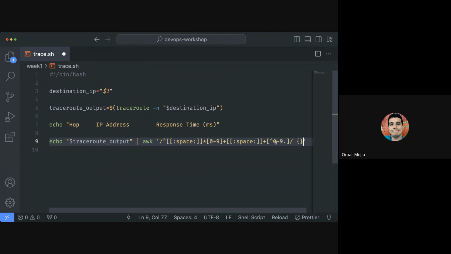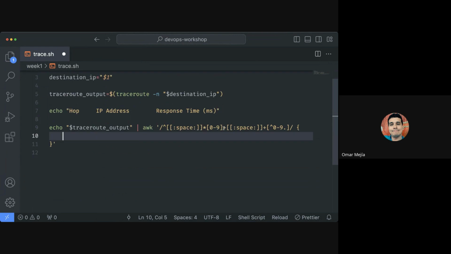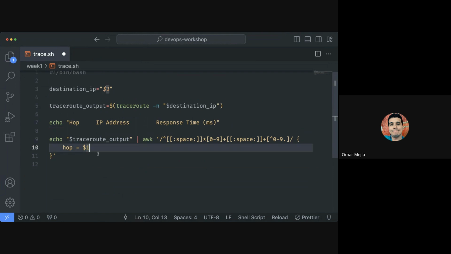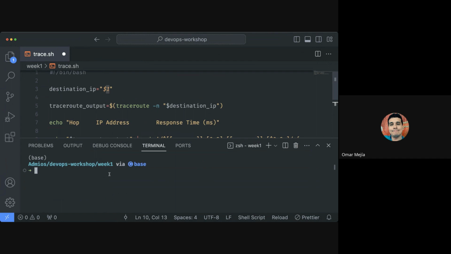And then in curly braces, we can set our program or mini program for pattern matching, for formatting, right? So we can create variables inside this environment. We can say hop is equal to $1. And this $, just as in the cut command, is going to mean the fields from our